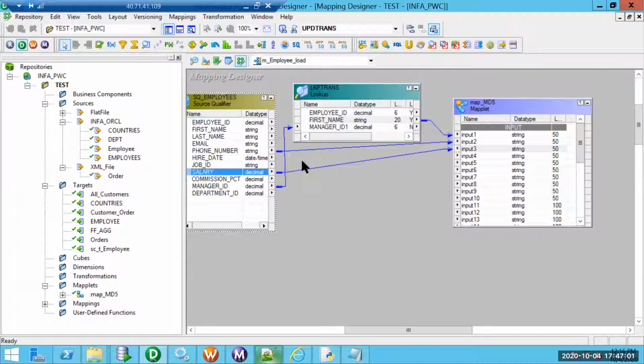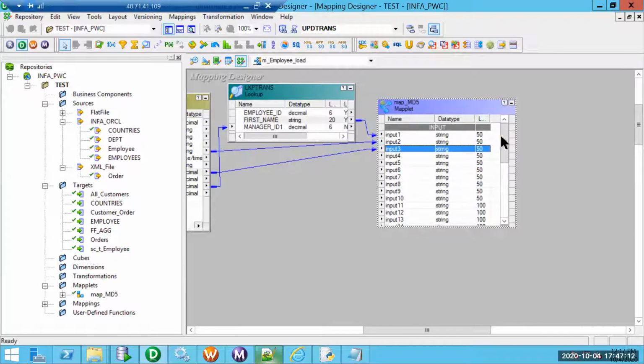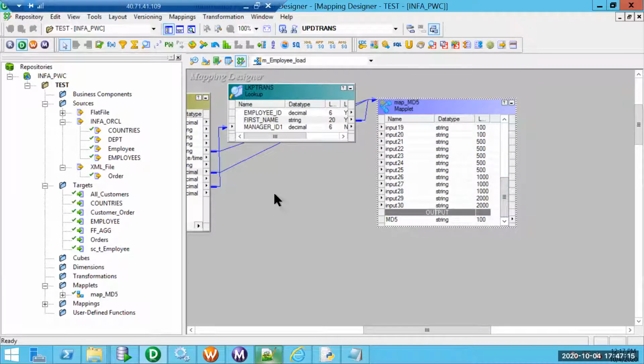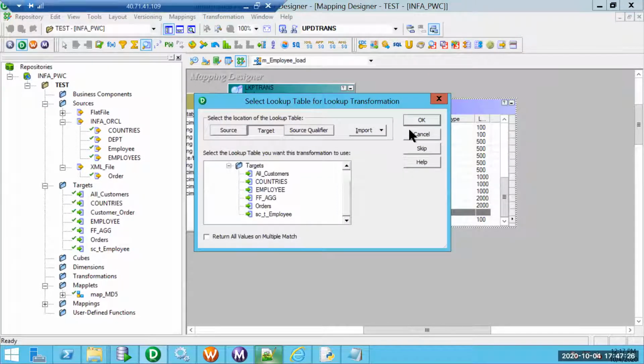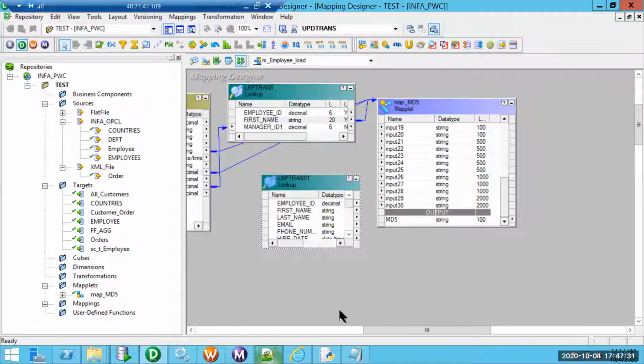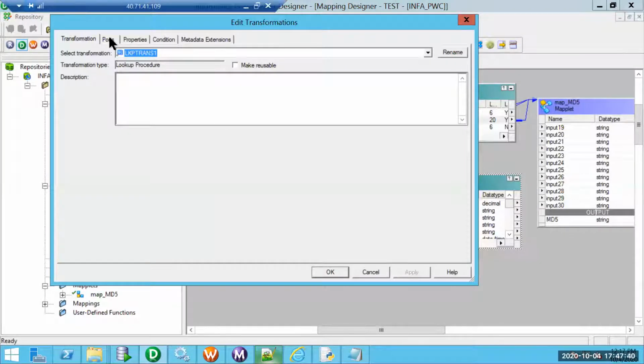It need not necessarily be all 3 columns that change. The hash will change if any of the column values change. So these 3 columns I am considering. Now I will have a target lookup. The earlier lookup is a source lookup just to fetch the employee's manager name. But now I will have a target lookup which is going to fetch me the corresponding hash value, that is, corresponding to the employee ID, what is the hash which is already present in the table. So let me try to remove all the attributes.